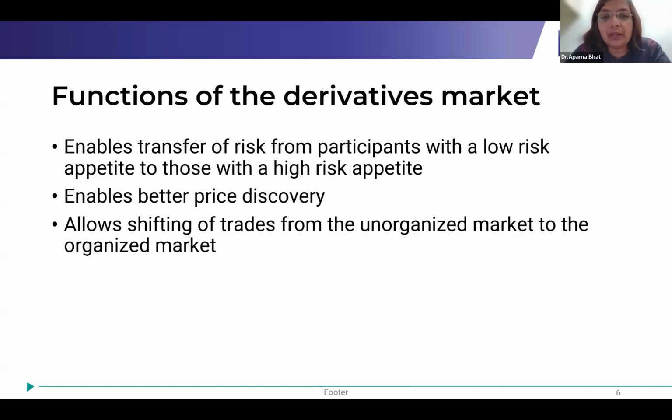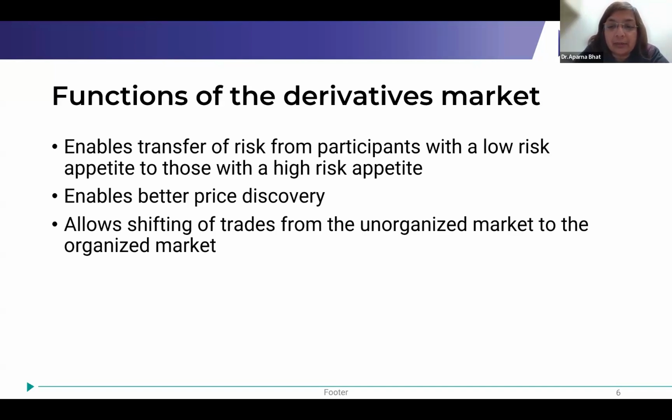Now, what do you mean by unorganized market? Unorganized market means an unofficial market. Before derivatives were introduced in India, say in the year 2000, derivatives existed in India in some form or the other, but they were not called derivatives. There was an unofficial market. You might have heard of terms like badla. In Harshad Mehta's times, there used to be a big market in badla. Those were unorganized derivative markets, right? Now in the year 2000, when SEBI allowed the introduction of derivatives, all this became official,